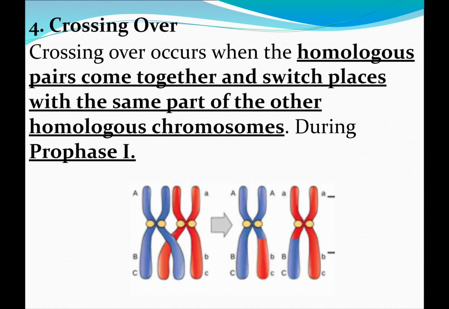If you notice in this picture, crossing over is when the two chromosomes, right? We have a tetrad here. They switch parts of the DNA. Before we had all blue, and on the right we had all red. After crossing over, we have a blue with a little bit of red, and on the right we have red with a little bit of blue.